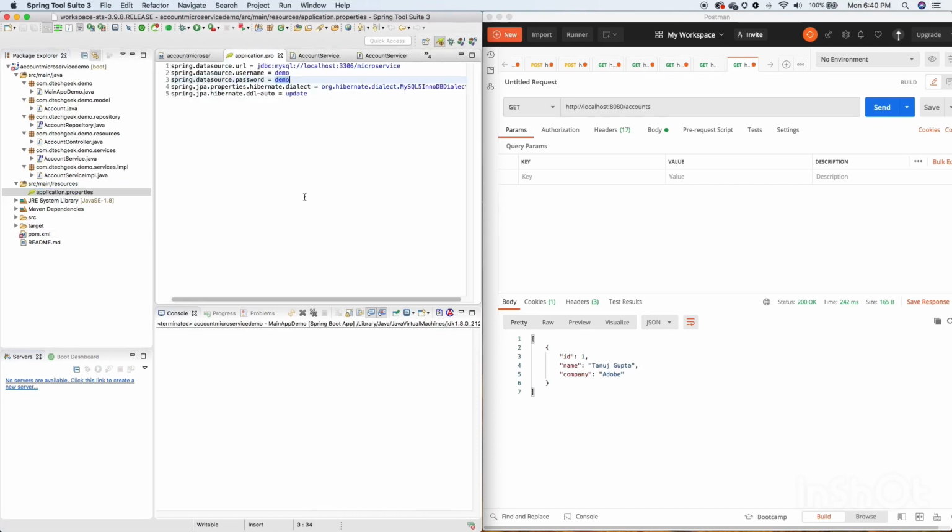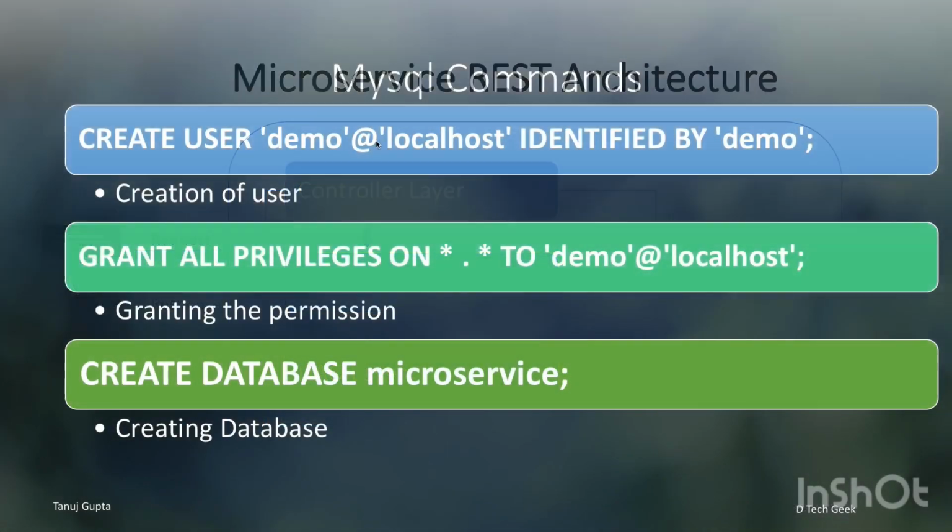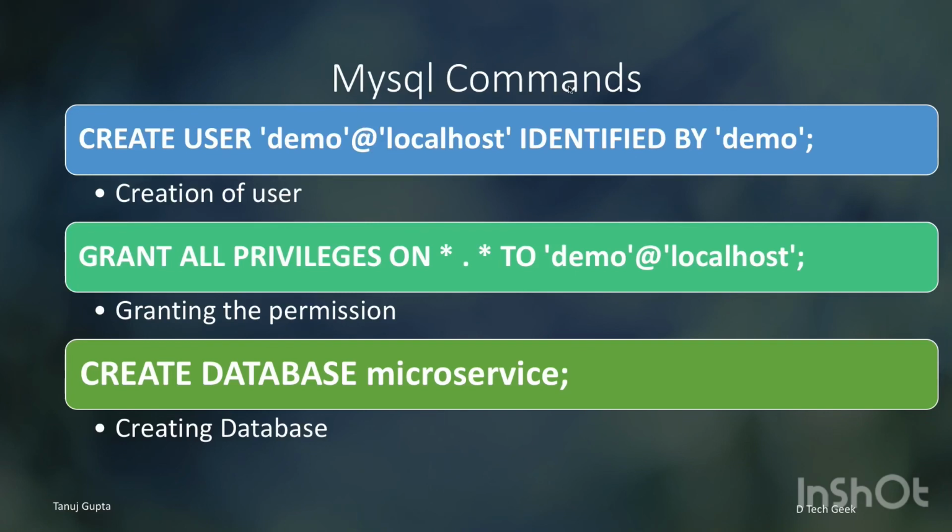Now coming to the application properties, which contains all the config related information. Prior to that, I have already created a database as a part of MySQL, that we named microservice, and the user for the database is demo and the password is demo. Now if you see here, I have jotted down all the MySQL commands.